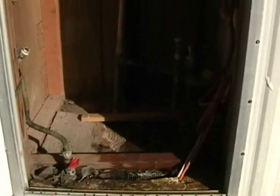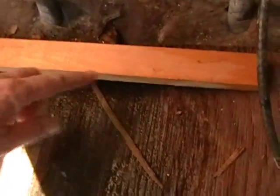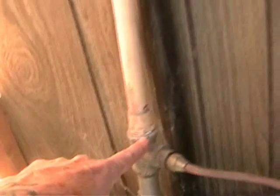Want to give you a quick peek of the inside now with the water heater removed. There's that gas line that I secured off to the side with the metal taping. And I put this bar in and that bar in underneath the water heater yesterday because I saw how badly this floor was soaked. It's concave. This is the hot water line. Comes down off the top